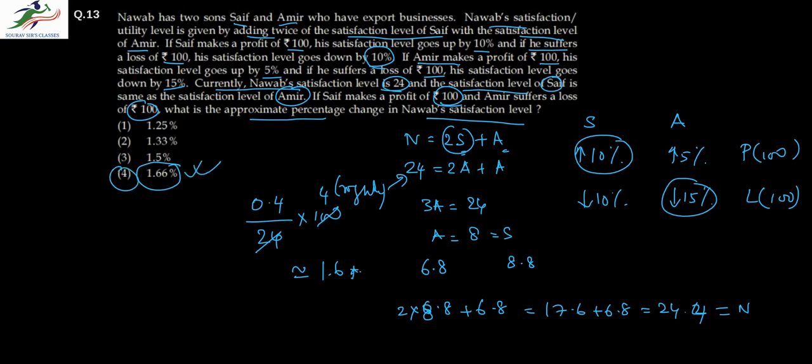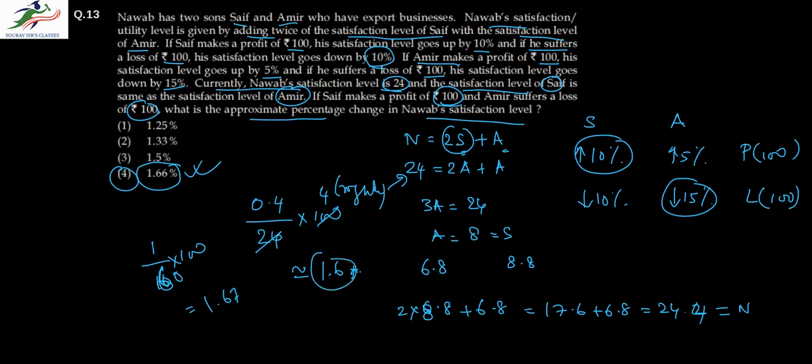Now, if you calculate this more rigorously, it will come out to be 1 by 60 into 100, which is equal to 1.67. But you don't really need to do that because this clearly shows you that it is roughly equal to